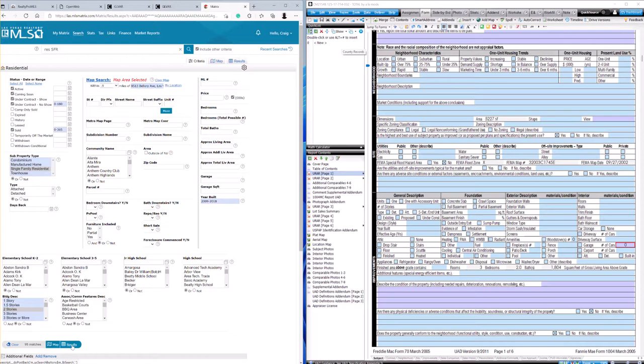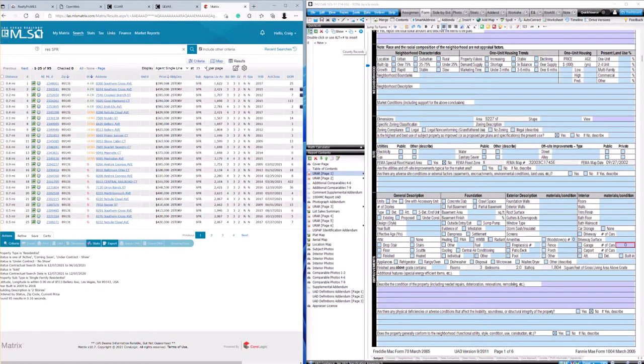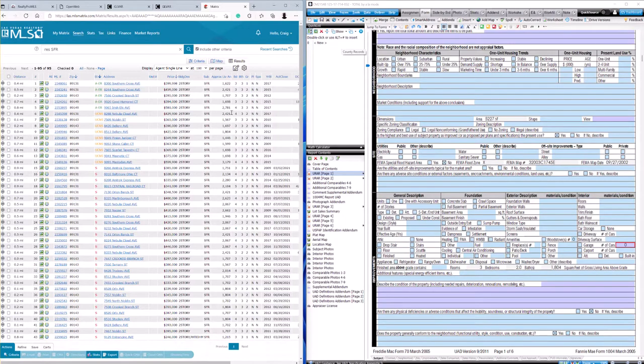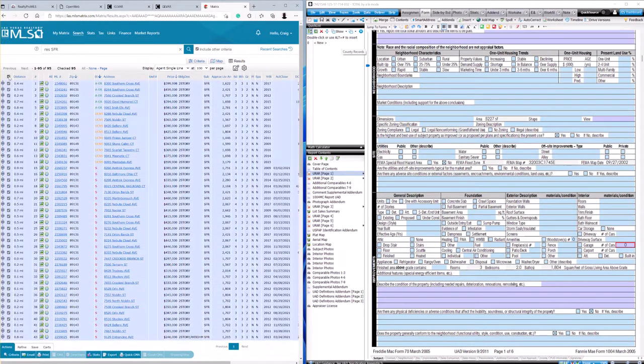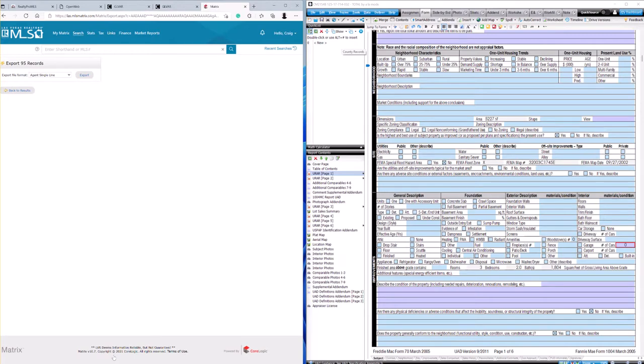What I want is enough data so that I can develop a reliable trend result. This property has a pool, so I want to make sure that as I select the data, I can bracket some of the physical characteristics. So I'm going to go mark all of these. I'm going to export them into